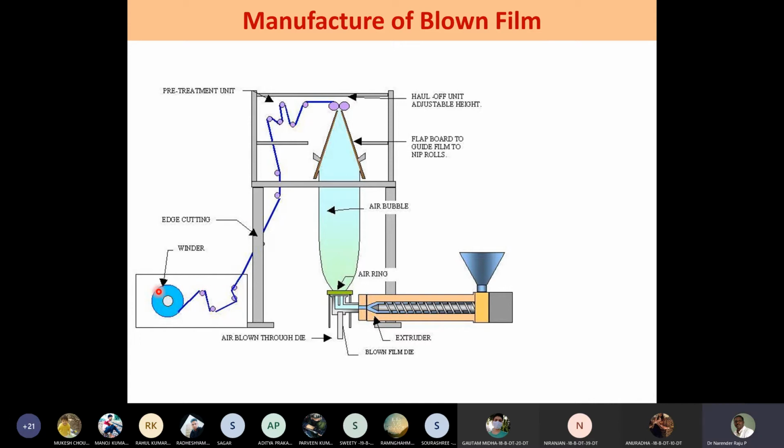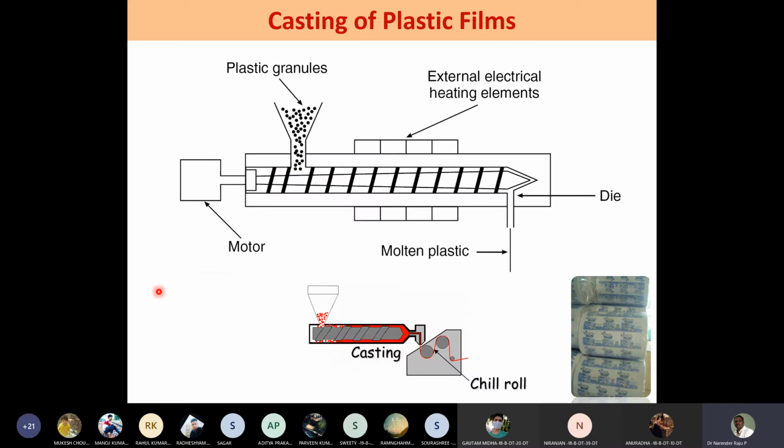There are two big advantages of blown film compared to the cast film. In the cast film, it is a single sheet without any edge, I mean, without any closure. So when these kinds of rolls are mounted on a form fill seal machine, they are converted into a pouch, right? That technique you already are aware of. You might have understood in the market milk course and the other courses how the machine works.